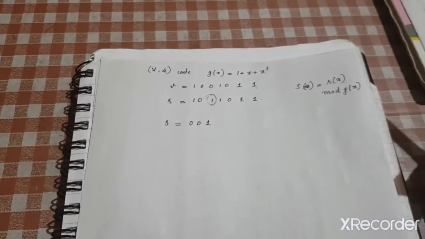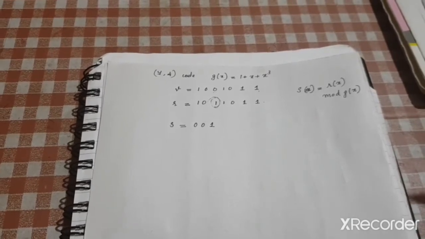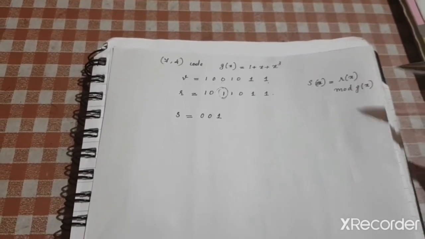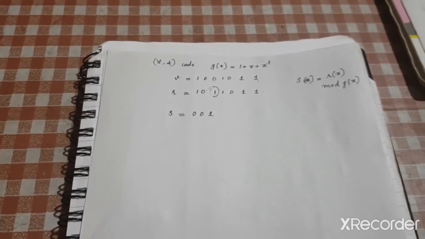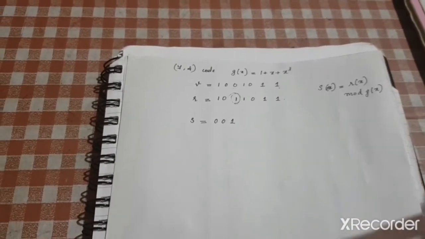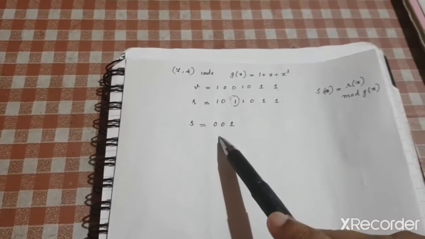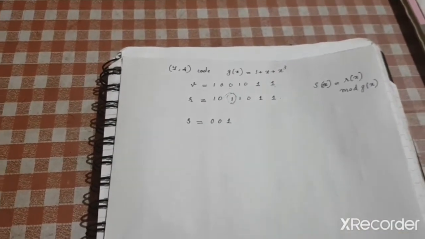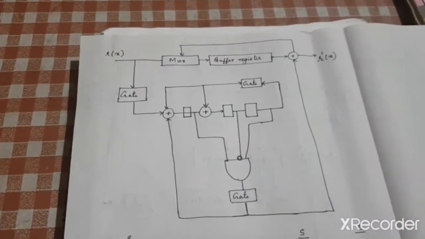Okay, that is your third bit. We know the method to compute the syndrome: you divide r(x) by g(x) and your remainder polynomial will be your s(x). This is already computed, so I am not doing the division again here. For this v and for this r, we have s equal to 0, 0, 1. Okay, so for this example, this is your Meggitt decoder setup.